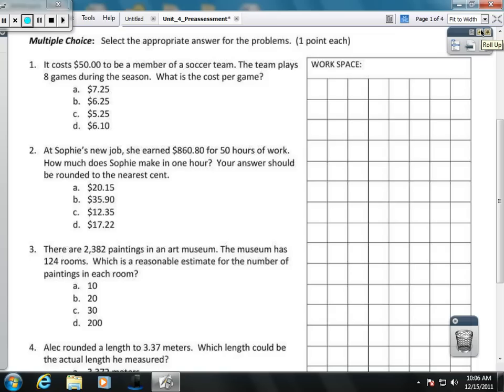It costs $50 to be a member of the soccer team. The team plays 8 games during the season. What is the cost per game? So we know this is all division. So what we are going to do is do 50 divided by